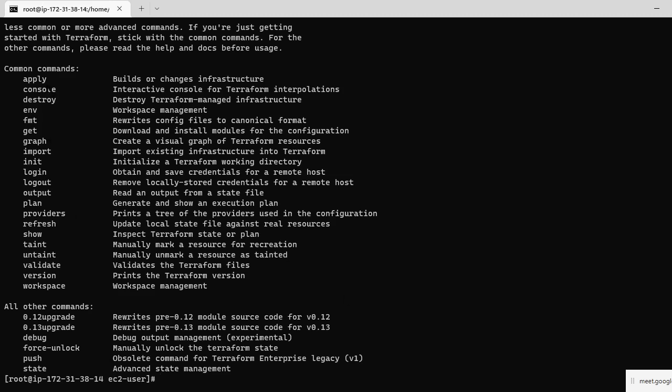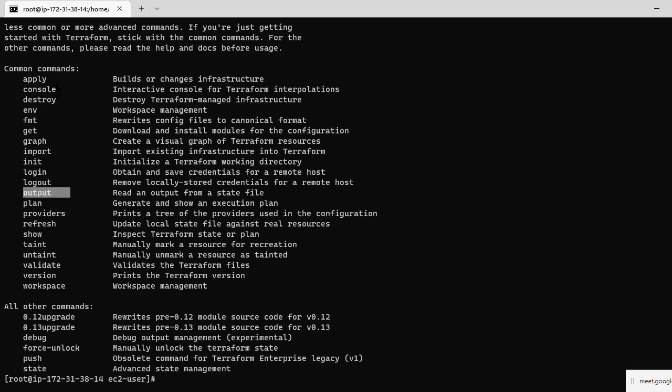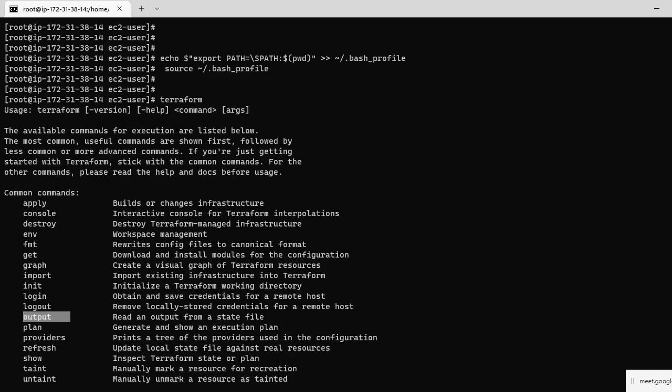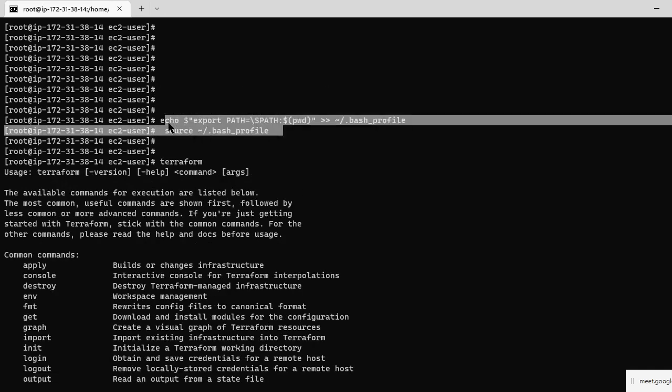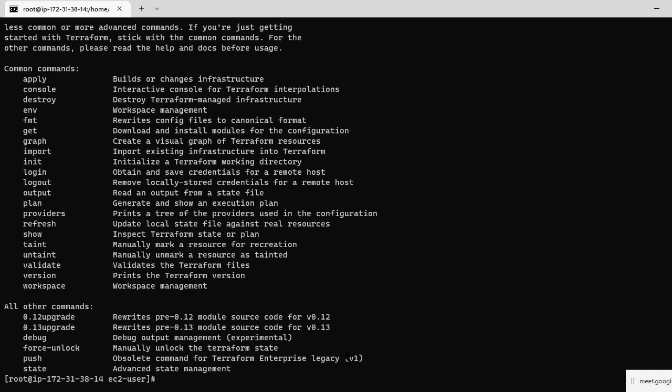The common commands are apply, console, destroy, env, fmt, get, graph, import, init, login, logout. So these all are the commands. We can give terraform apply, terraform console, terraform destroy, terraform fmt, terraform get, like this. This is the help of the common commands with Terraform. Once we have added this, Terraform is working.